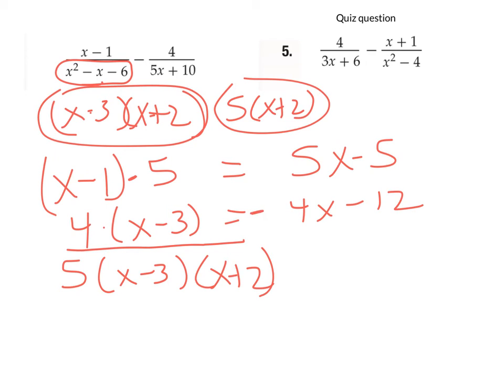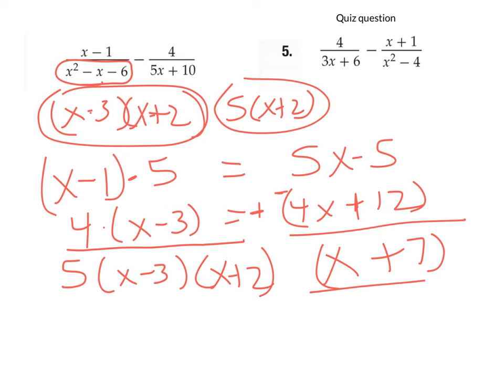And I'm going to subtract this. Well, subtraction means changing the sign. So this becomes plus a negative 4, and this becomes a positive 12. And so when I add, I get x, and I get 7, and that is over our common denominator, which is 5, x minus 3, and x plus 2. So my answer